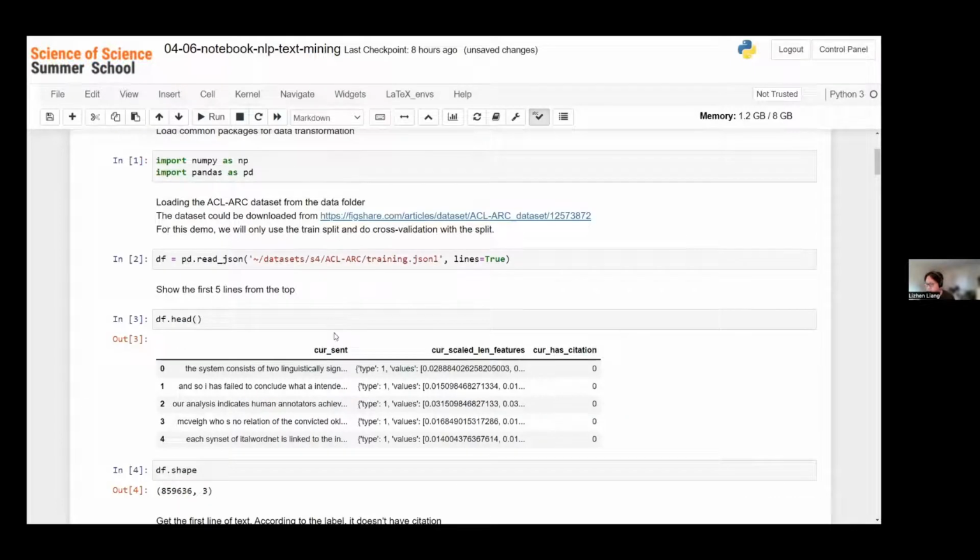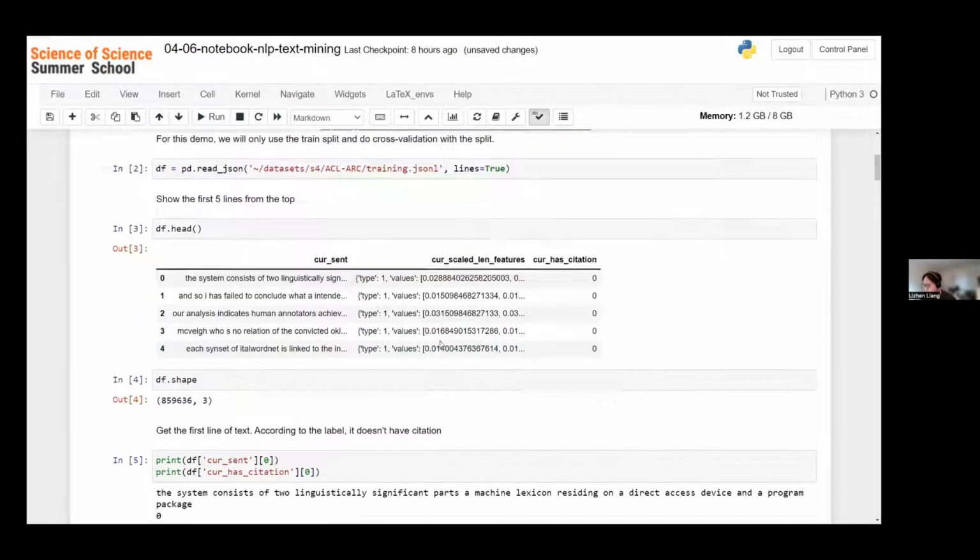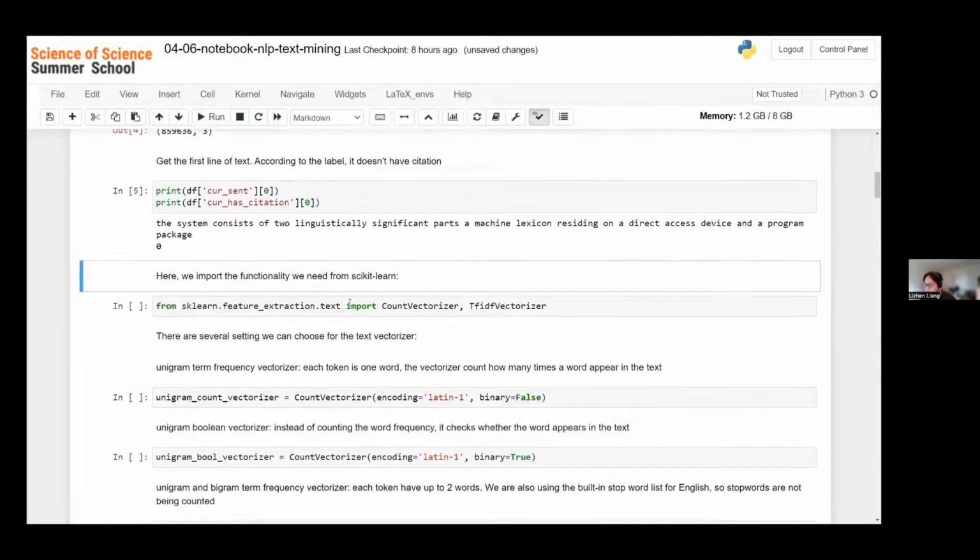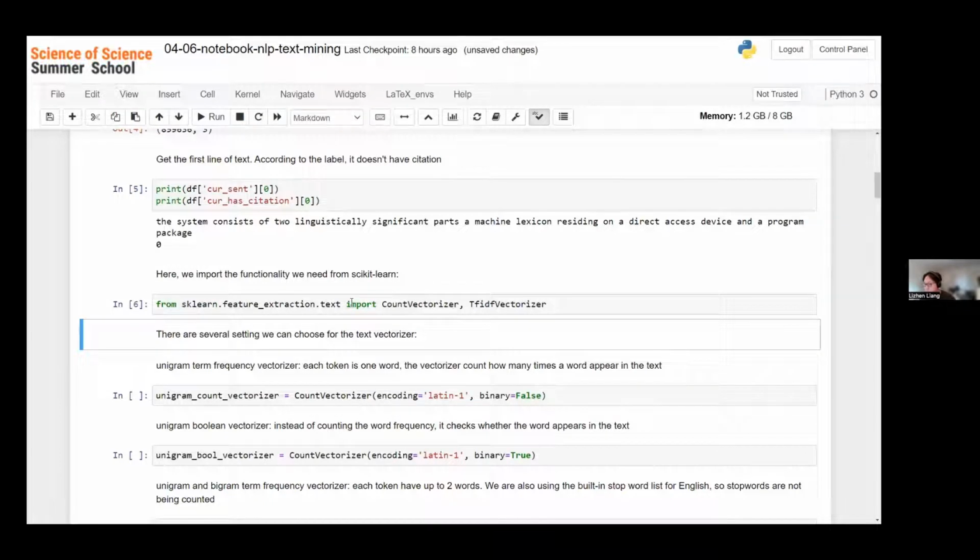And as seen here, the text here is the citation context, and the has citation column is the label for whether it's making a citation. So CountVectorizer and TfidfVectorizer are two vectorizers that we can use to vectorize text.